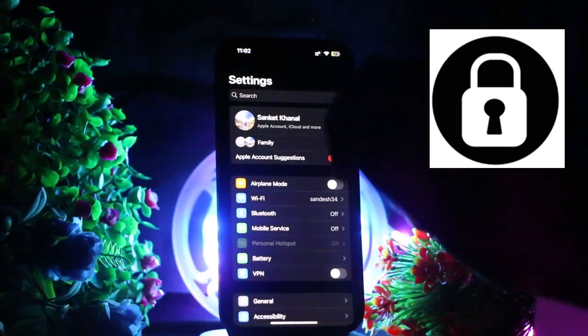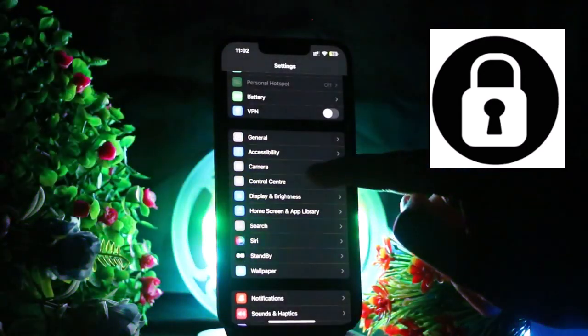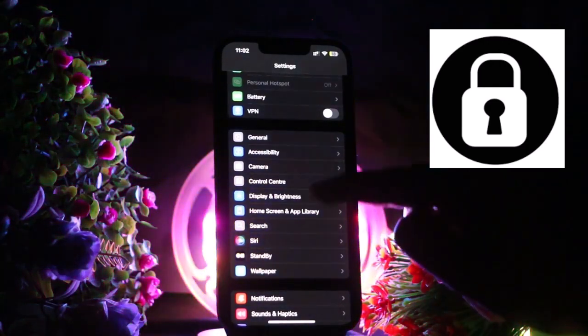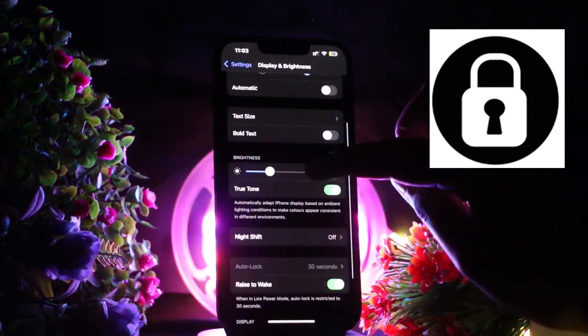Now you need to scroll down until you see the option of Display and Brightness. So scroll down, and here you will see the option of Display and Brightness, which is below Control Center and Home Screen and App Library. So click on the option of Display and Brightness, and here you need to scroll down until you see the